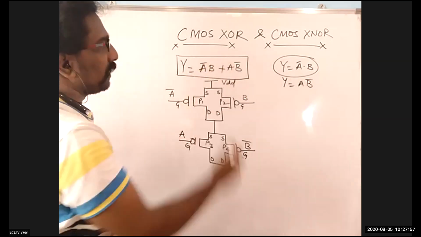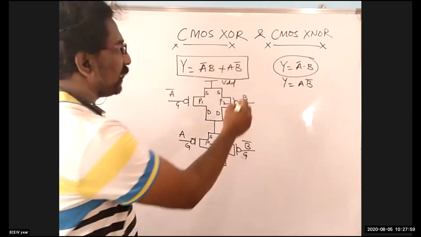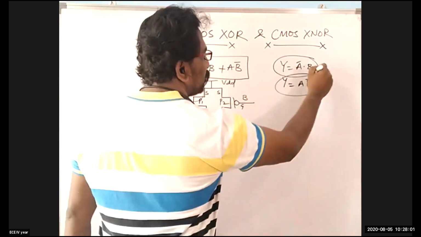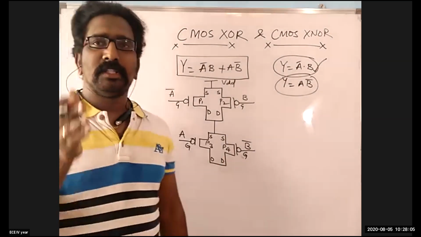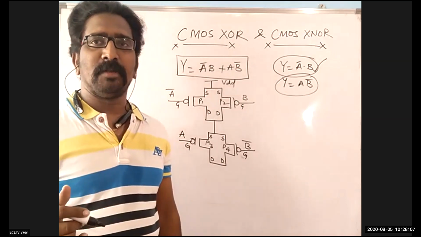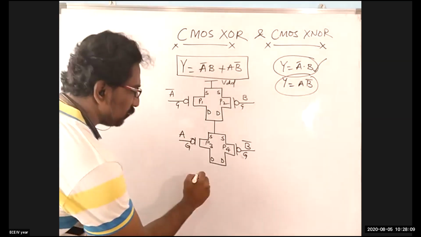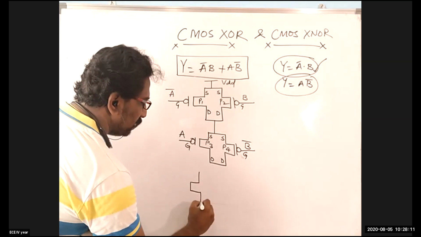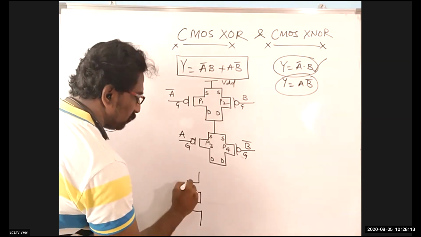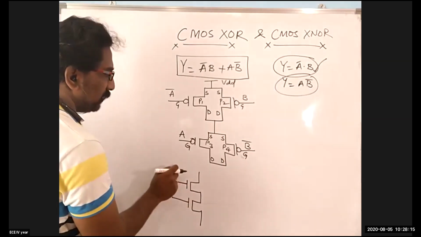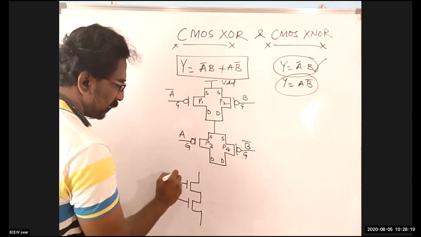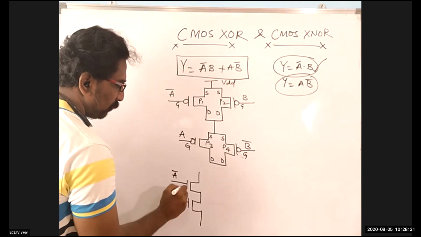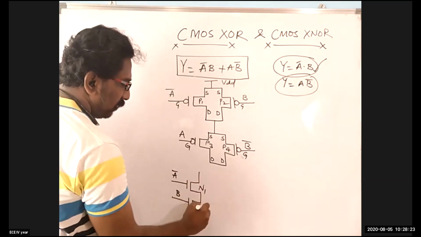What is this for N transistors? For N transistors, again, similar in the same fashion. First one, if it is A dot B, we know that the NMOS has to be in series. So I'm drawing that set of NMOS here in series. See now, this is NMOS. This is a set in series for A dot B. So this becomes your A bar, and this is your B, and this is N1, N2.